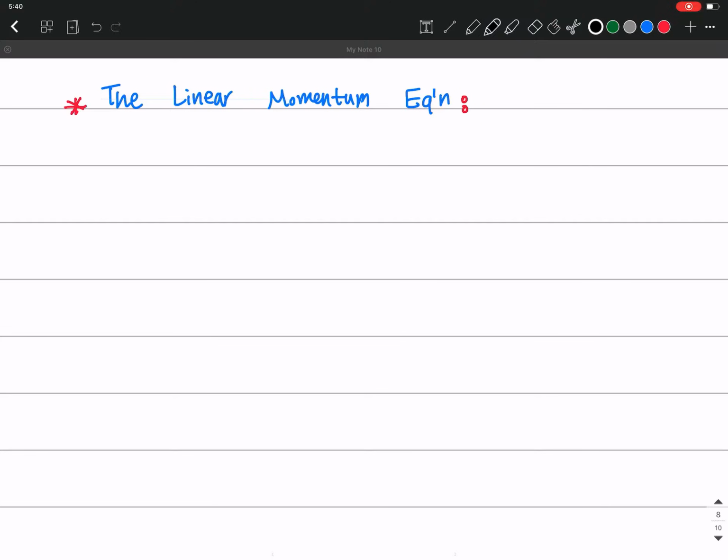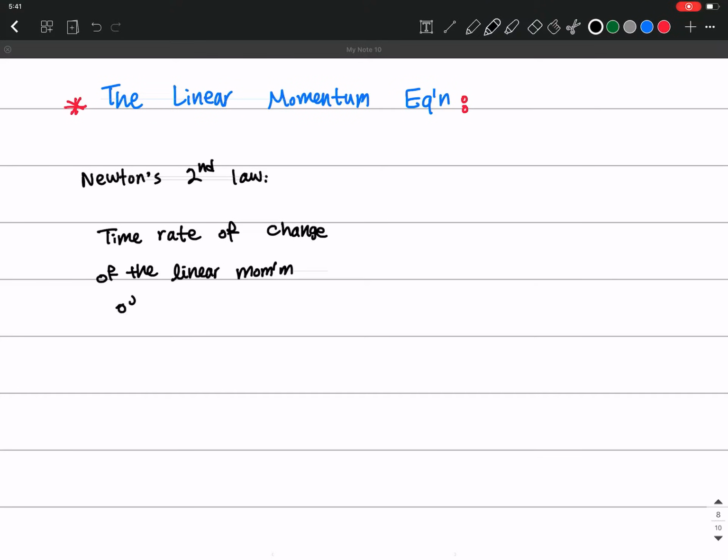According to Newton's second law, this is just F equals ma, but I'm going to write it in terms of change of linear momentum. So instead of acceleration, I'm going to write it as the time rate of change of the linear momentum of the system